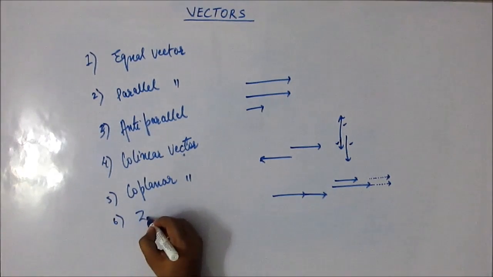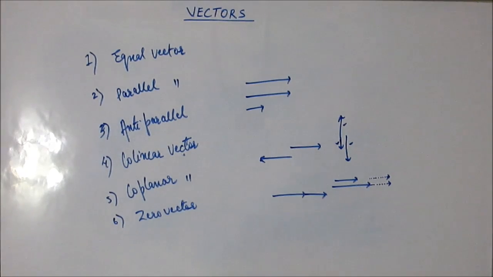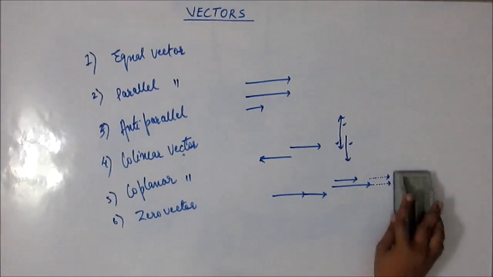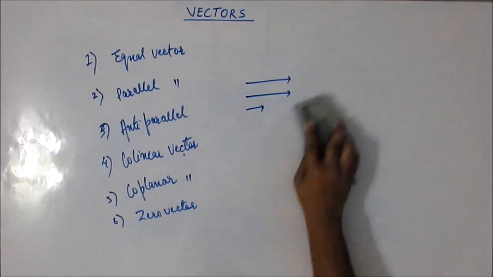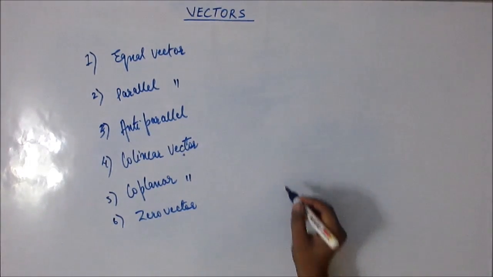Zero vector. When we go deep into the mathematics of this vector, as we'll do in a while, we'll see certain calculations. For example,